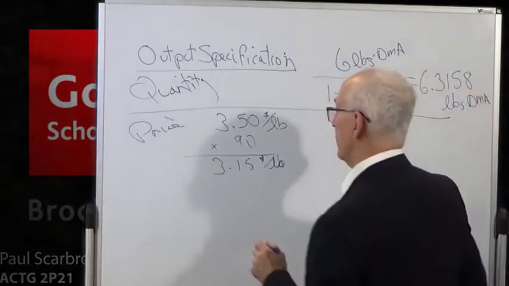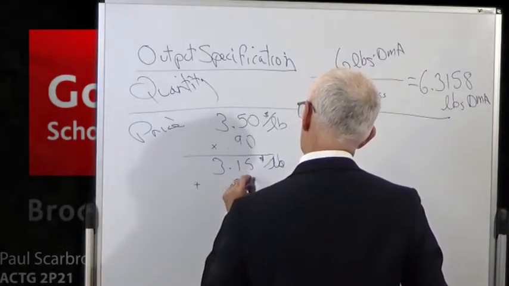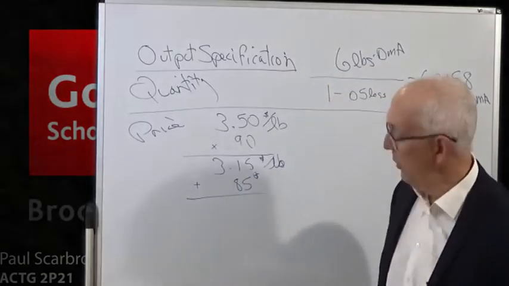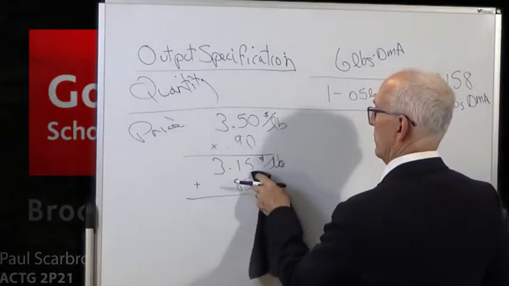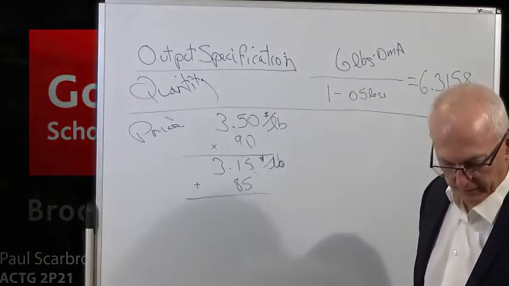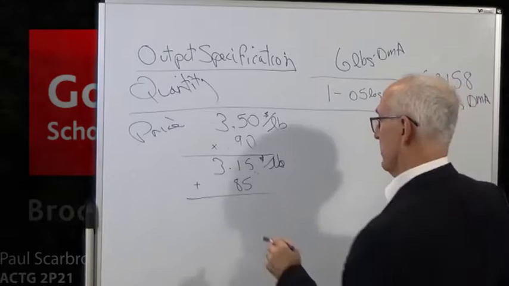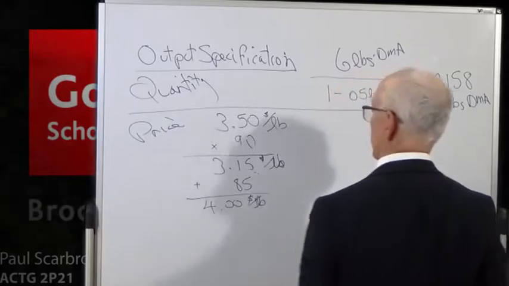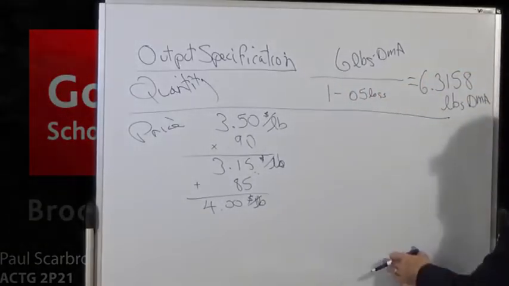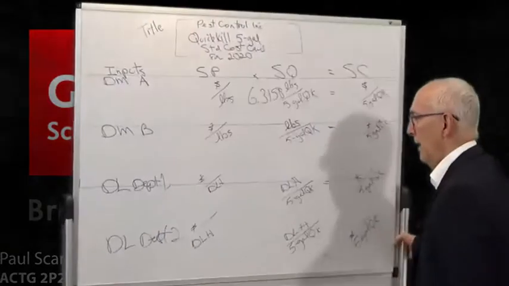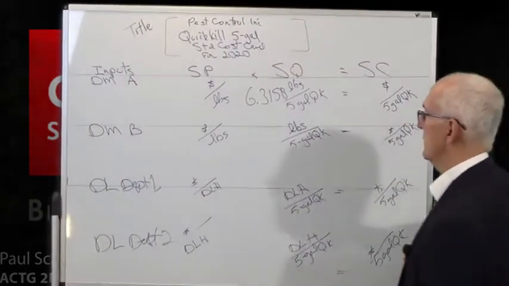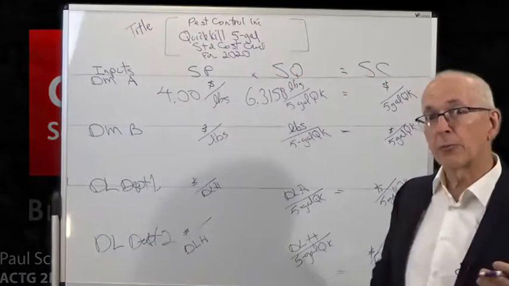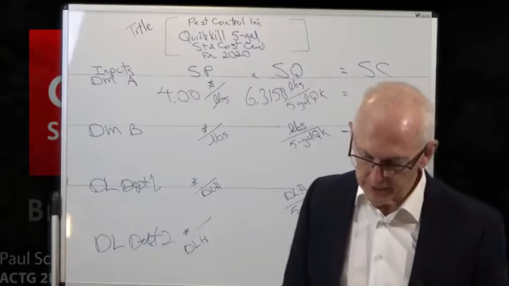$3.15, and we have 85 cents per pound. So not 85 cents, $0.85. And because it's in the same column, I don't need to re-identify that. And that's going to give us $4 per pound as our standard price. Okay, so back to the spinning deck. We have $4 per pound as our standard price. So when we multiply that across, we're going to get